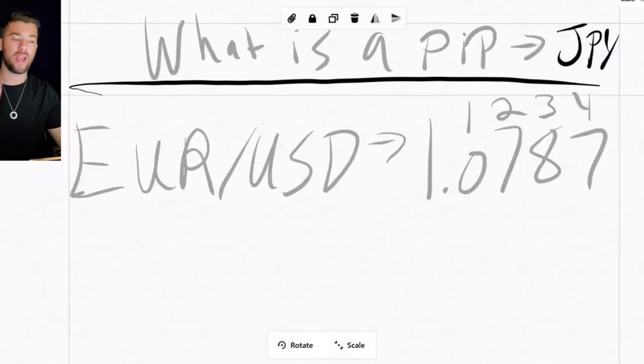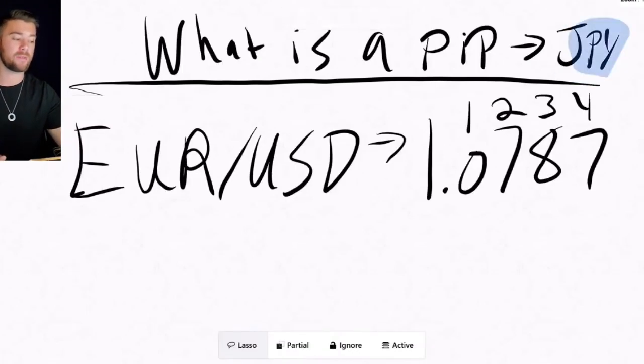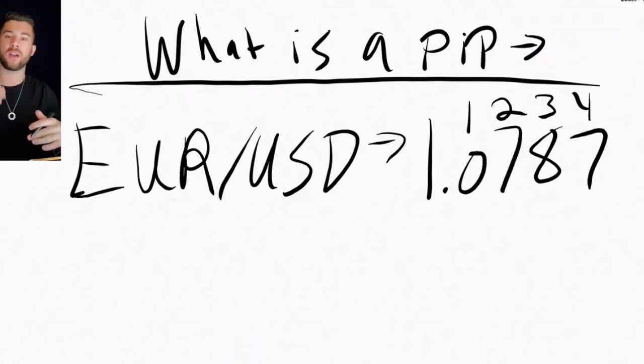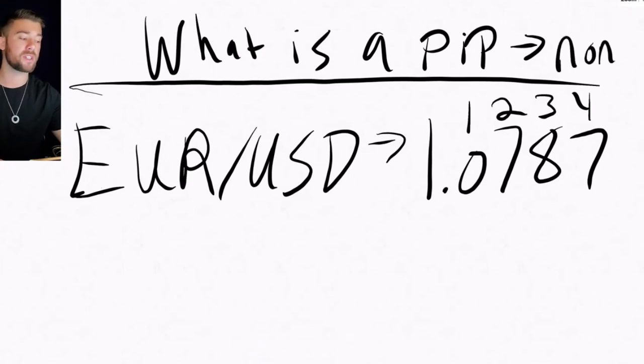This is a pip on every currency pair except yen pairs, which we're going to discuss in just a second. But for every other currency, this is what you're going to use. So this is what is a pip, non-JPY. For every currency pair that doesn't have JPY in it, the fourth decimal place is what is known as 1 pip. So we have the euro dollar at a value of